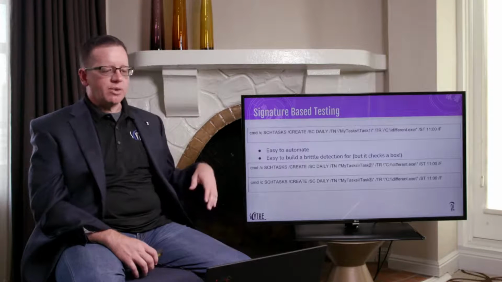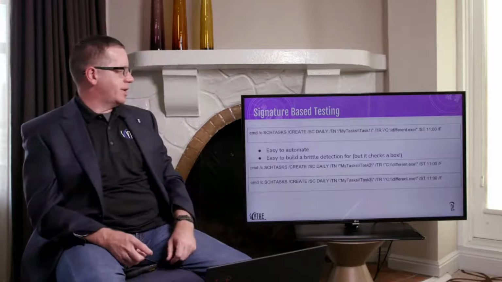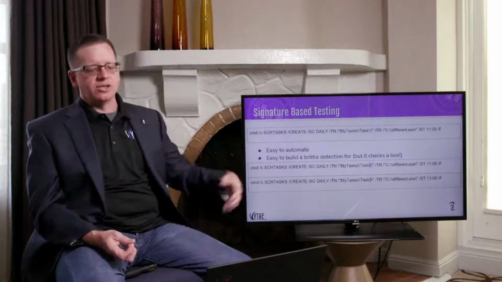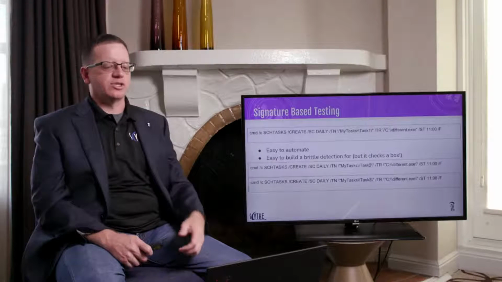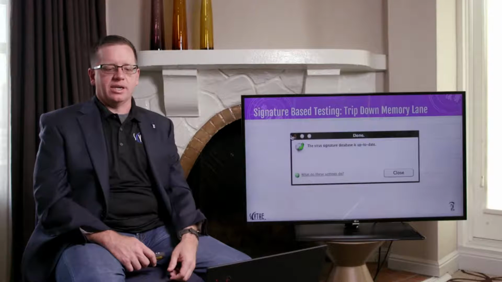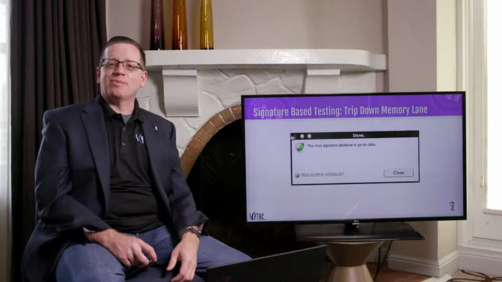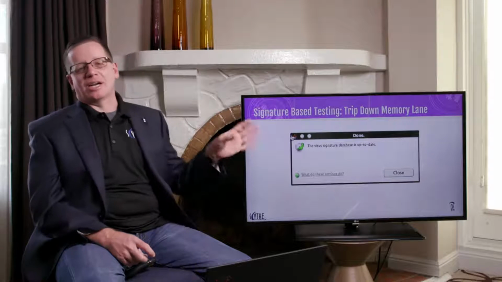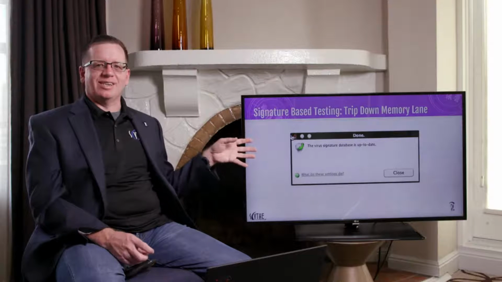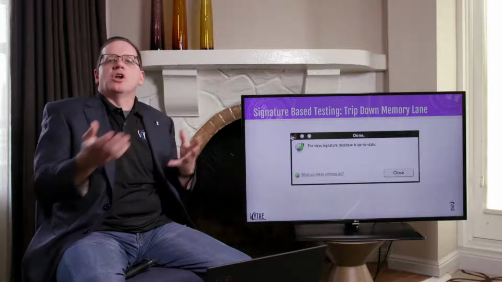So we can build a very brittle detection for this where we look for maybe task 1. Well, okay, but a threat actor can change that trivially, change to task 2, task 3, etc. They could move it to a different executable, right? We've seen this before, and in fact, we can take a trip down memory lane with good old signature-based antivirus. Now, I'm not comparing this outright to signature-based AV. Obviously this is better, but not good enough, right?